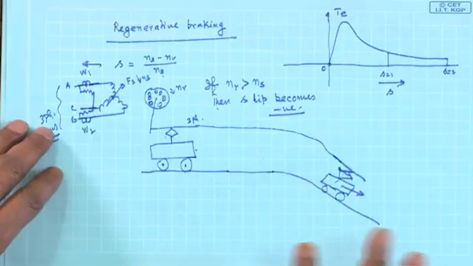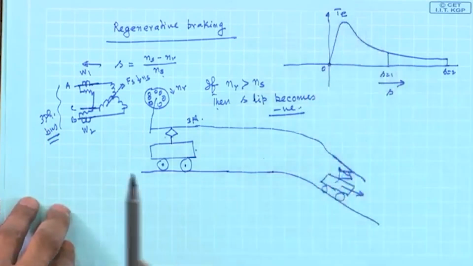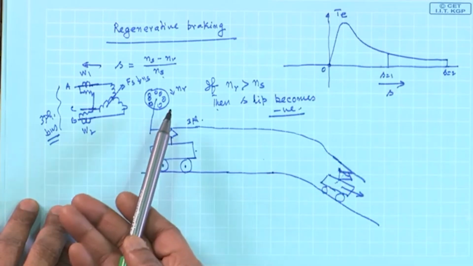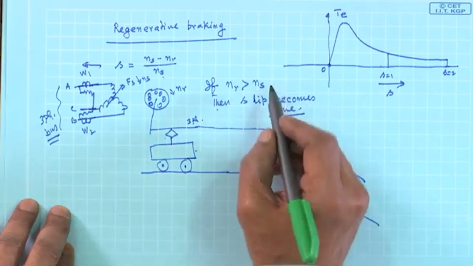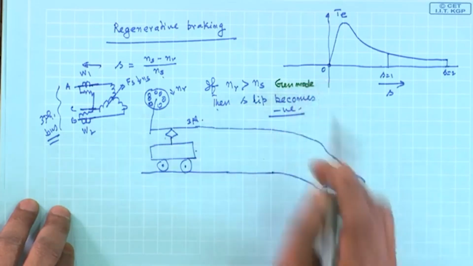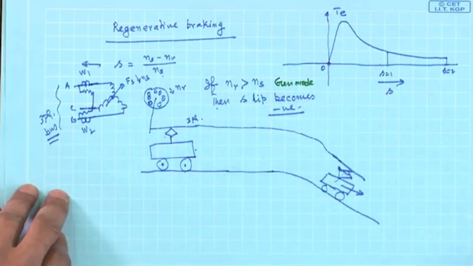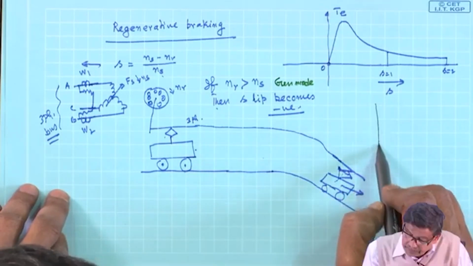Welcome once again. I was discussing regenerative braking, and in fact we have almost discussed it. I will just tell you the ideas here. This was the motor. If somehow the speed becomes greater than ns, then it goes into generator mode. Then it looks like this torque-slip characteristic, whatever I am drawing,